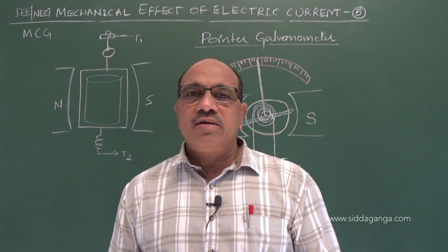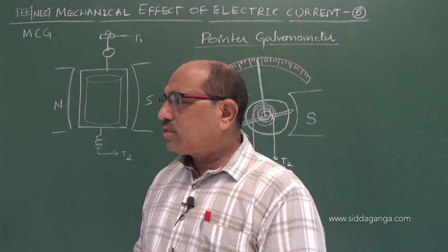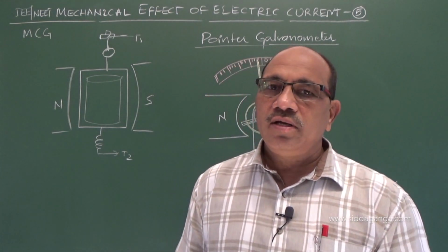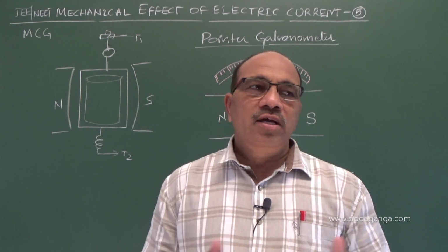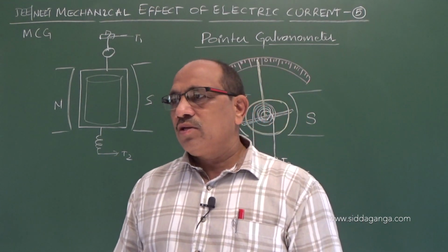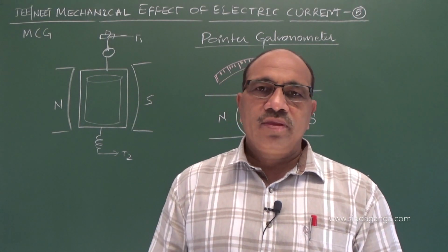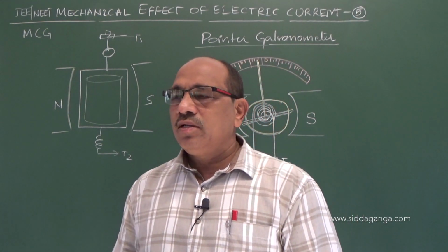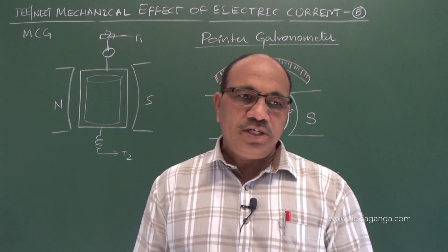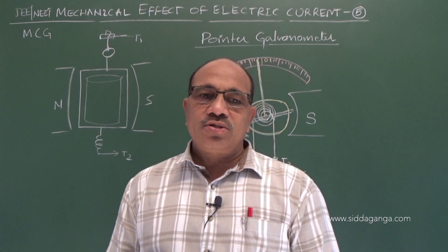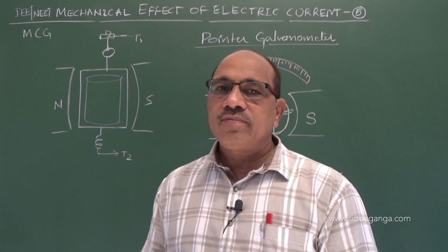So in order to make a rough device that can be used easily, some modifications are made, and it is brought onto the table instead of being separate as a lamp and scale and the device. We took the scale into the instrument and made it rough so that it can be placed on the table and used to detect or measure the current. We call it a table galvanometer. A pointer is used, therefore it is also called a pointer galvanometer. What modifications are done? Let's see.